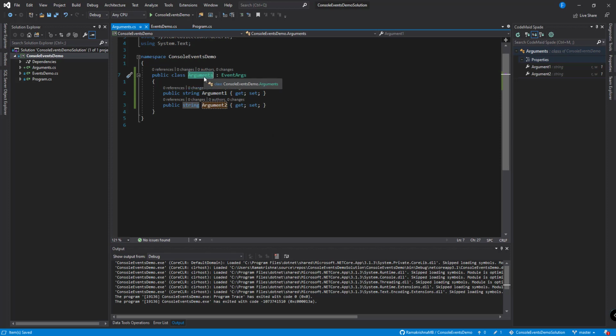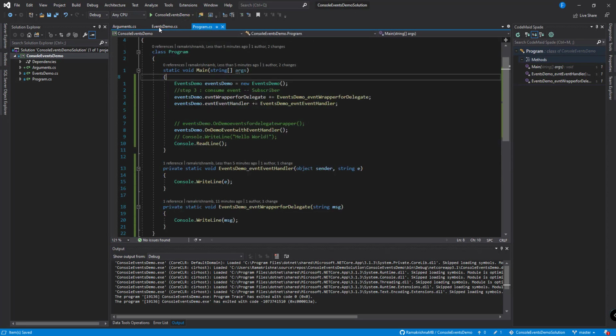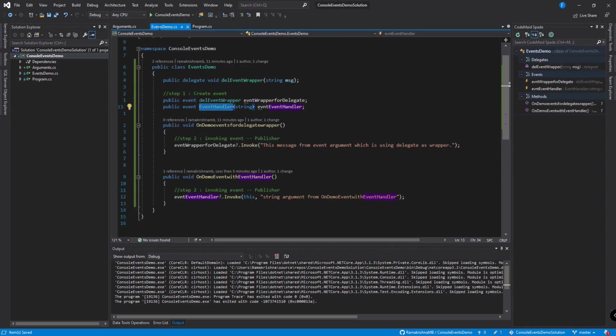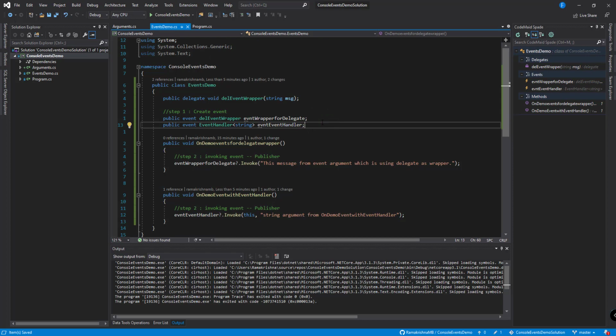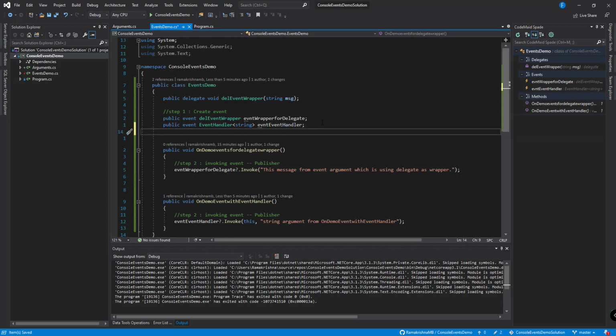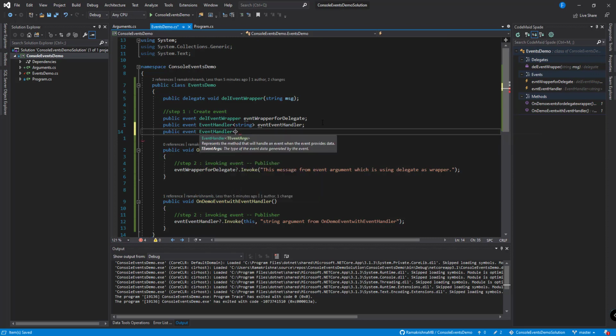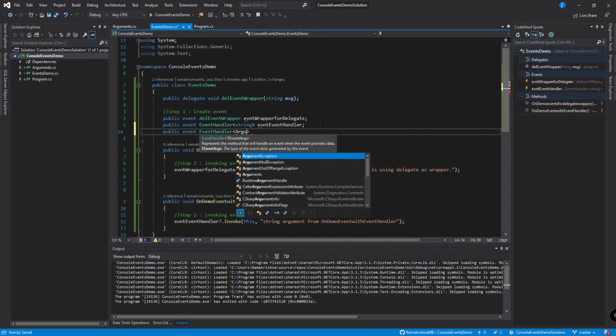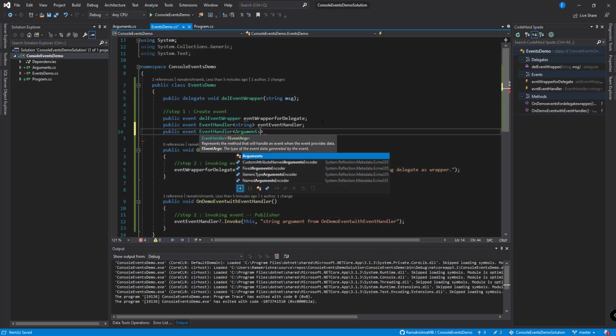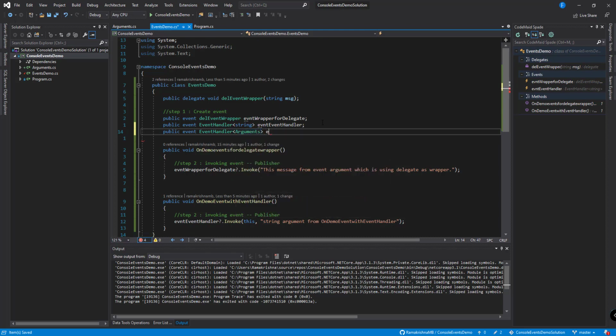To use this argument class, let me create an event with this argument class. To do that, go back to our event demo class, create an event: public event, event handler of type arguments, and call this event from arguments.